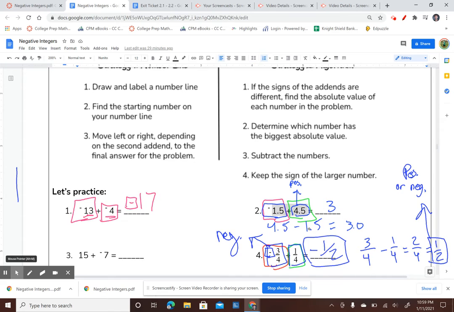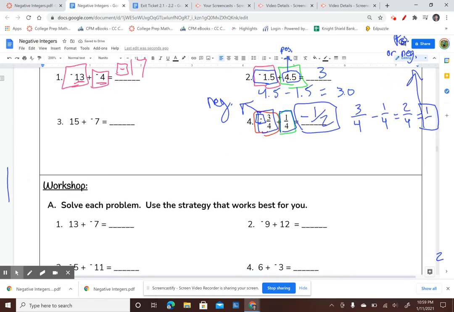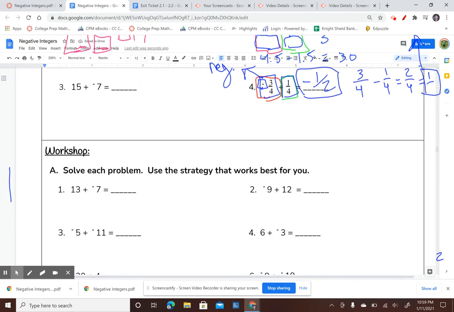All right, so we did some practice problems together. And so now it's going to be your turn to put this to the test. We have our workshop. Solve each problem. Use the strategy that works best for you. So when it says use the strategy that works best, we're talking number line. Or you could use the standard algorithm,